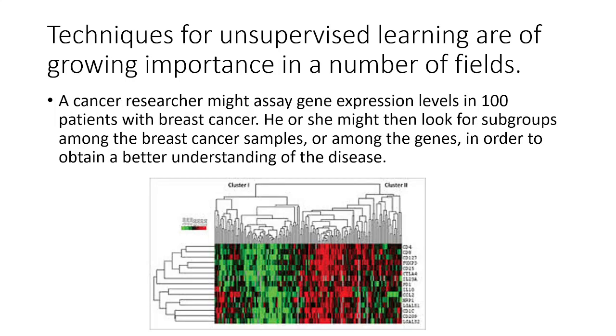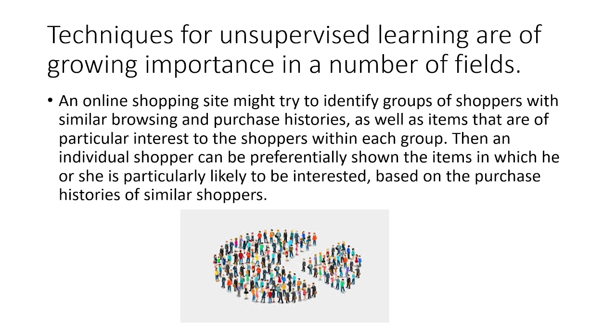And in another example, in marketing, we have an online shopping site that might try to identify groups of shoppers with similar browsing and purchase histories, as well as items that are of particular interest to the shoppers within each group. Then an individual shopper can be preferentially shown the items in which he or she is particularly likely to be interested